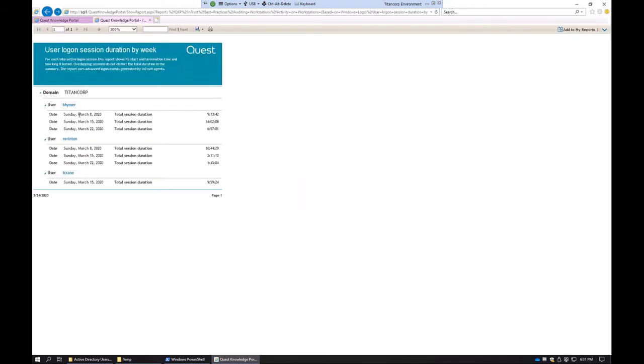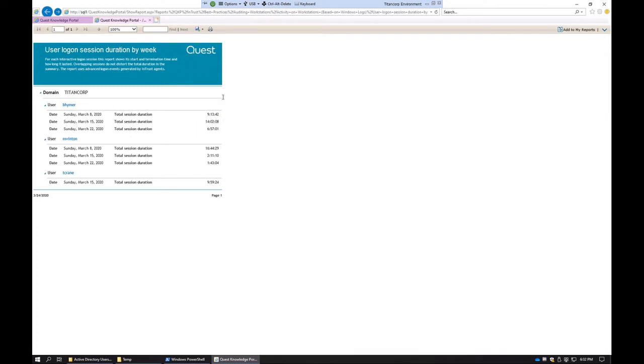And now I can see very clearly and concisely that only 3 of the 6 people I had in that group actually did work, and they worked some pretty dismal hours. Now, okay, this is just a lab. We don't really need to worry about how long people were actually in front of these machines. But maybe that's important for you, and maybe you set a threshold. Maybe you want to make sure people are working at least 8 hours a day. So I'll go ahead and go here and export this data out to a CSV.